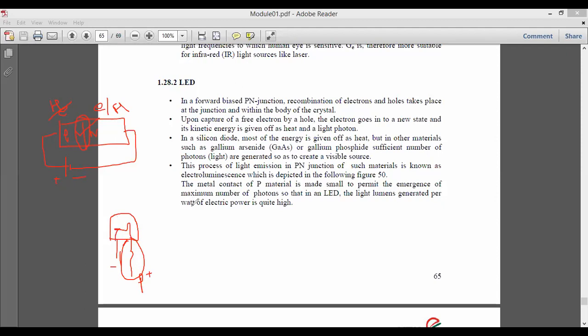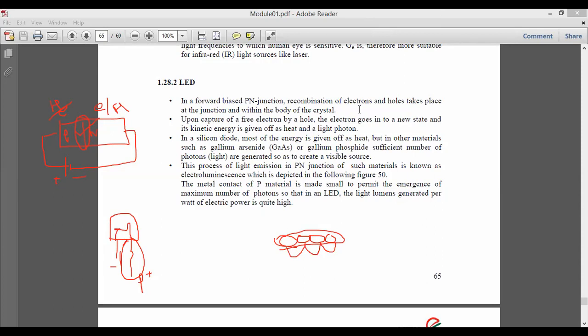So based on the capturing of the free electrons by a hole, the electrons go into a new state. A new state is nothing but whenever there is a change in the state of electrons, obviously heat will be dissipated. For example, if I say this is electron 1, this is electron 2, electron 3, electron 4, whenever there is a movement of electrons, we say there is a charge. And what is happening here? There is a kinetic energy. Your free electron is changing position from here to here, here to here, and here to here. We call it the new state of the electron.